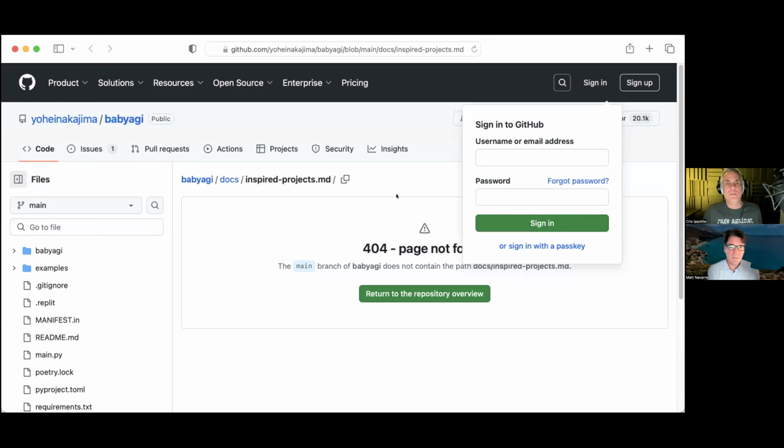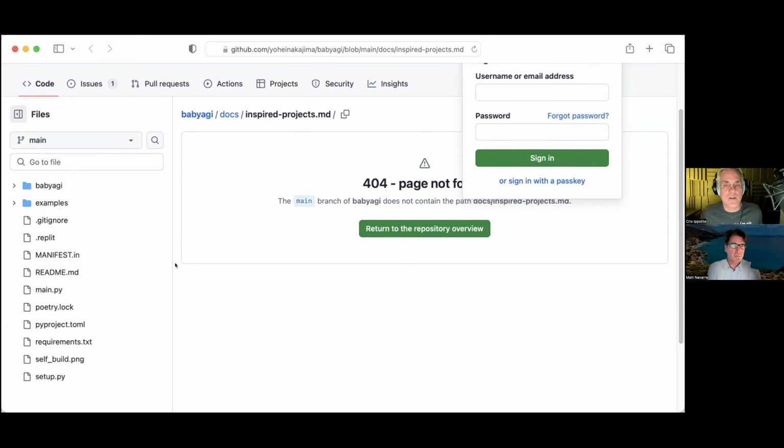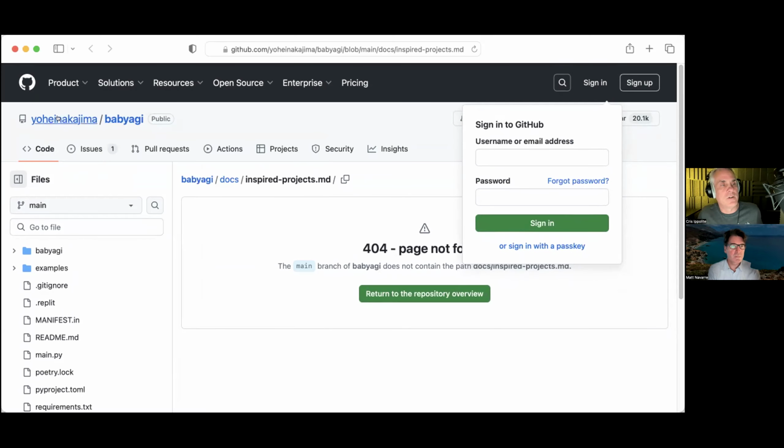And so then what ended up happening, Matt, was these new kinds of approaches came about. We might have talked in the past about baby AGI and auto GPT. Did any of those sound familiar from our previous conversations? It doesn't ring a bell. Well, the links are going to be in the show notes, and when you log into your GitHub accounts, you'll be able to see both baby AGI and auto GPT.